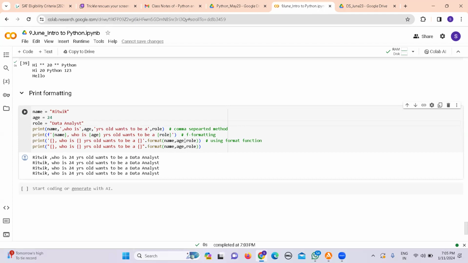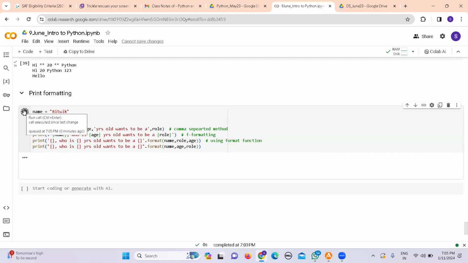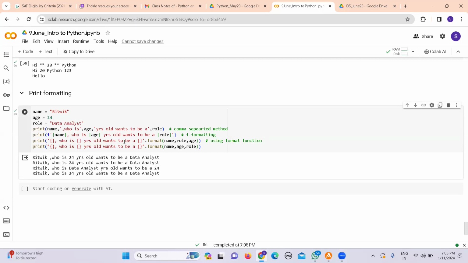If I change age with role, here we can see the difference. That means the format method assigns respectively to the brackets. Here, Ritvik, who is name, Ritvik, who is role, data scientist, he is supposed to be age 24. But I'm going to correct this statement: Ritvik, who is 24 years old, wants to be a